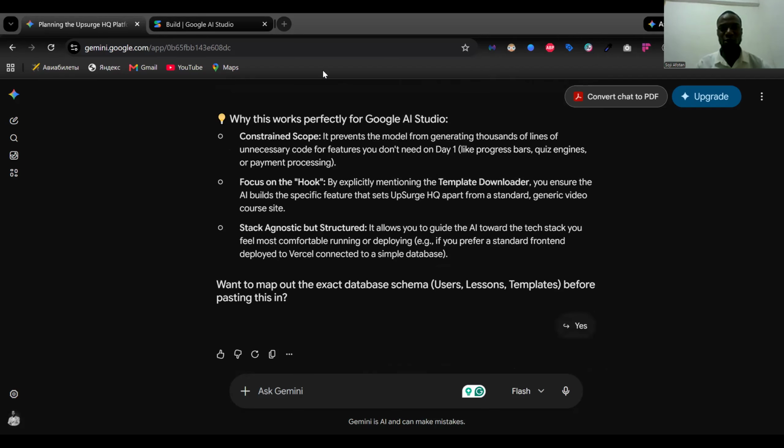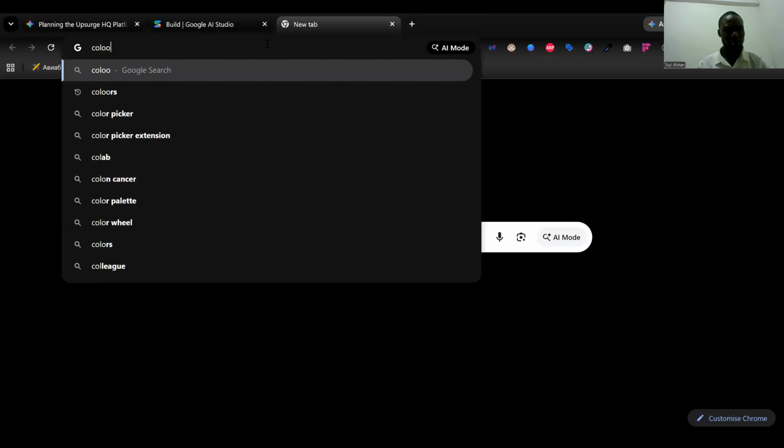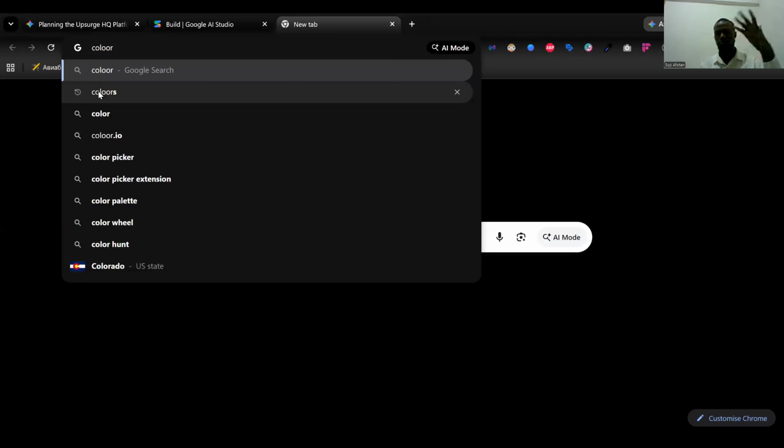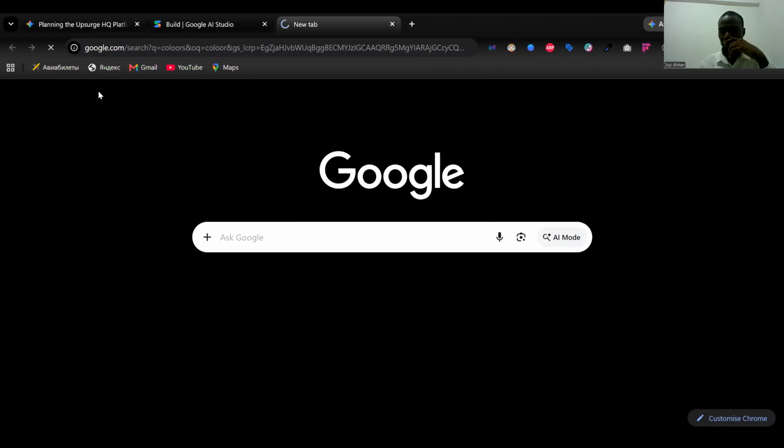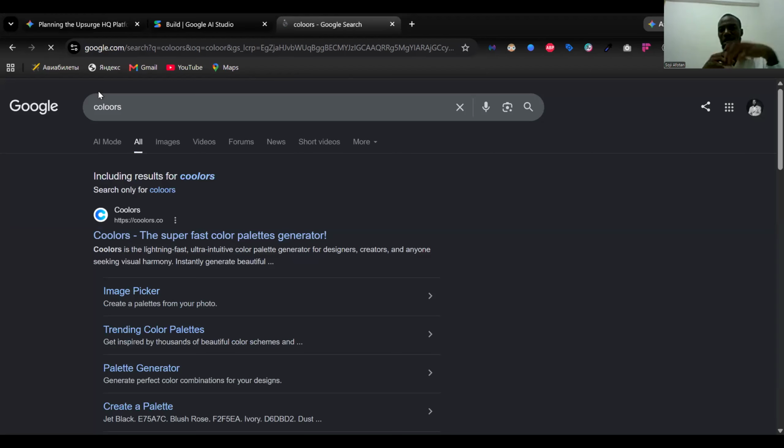What I use for picking brand color, I use this website to generate my brand color. The name of the website is called, I think, Coolors. Yeah, Coolors. That's the name. The reason why I do that is I don't want it giving something generic. I hope you guys can see the new screen. If you look at the websites people build with AI,